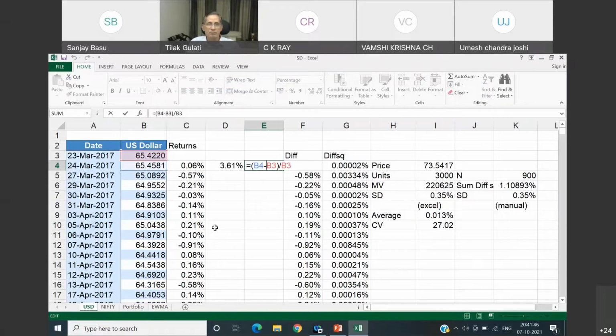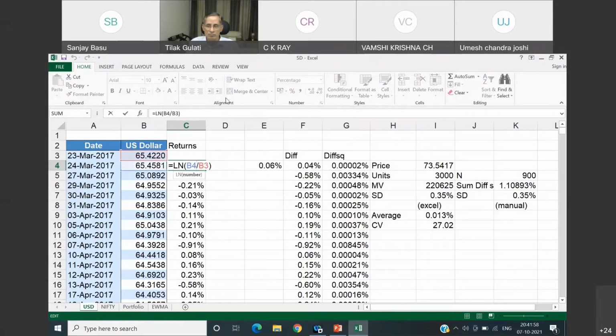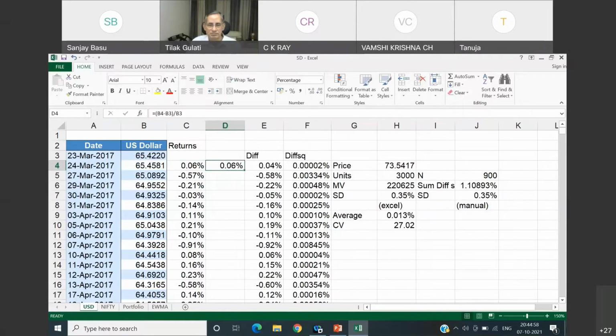Instead, you will see returns like these, logarithmic returns. Is there any reason why we use logarithmic returns instead of simple returns? So the reason why we use logarithmic returns instead of simple returns,